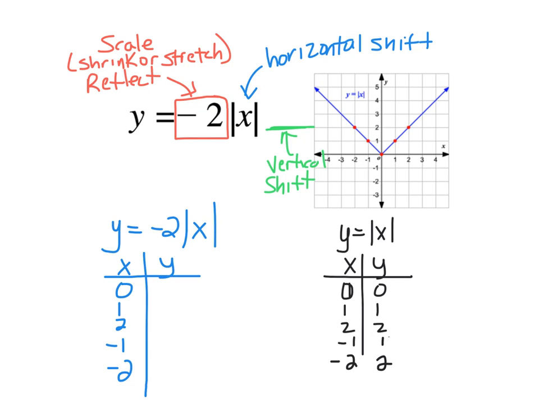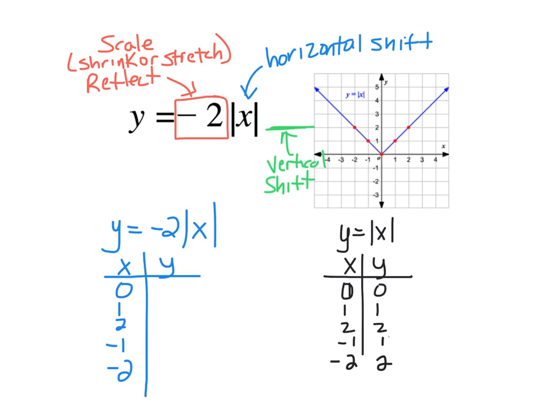In this problem, we've been asked to graph the transformation of an absolute value. So I went ahead and marked some of the important things to remember about transformations. First is whatever we multiply times the x, that's going to be our scaling factor. It's either going to shrink it or stretch it, and it's also going to reflect or not, depending on if